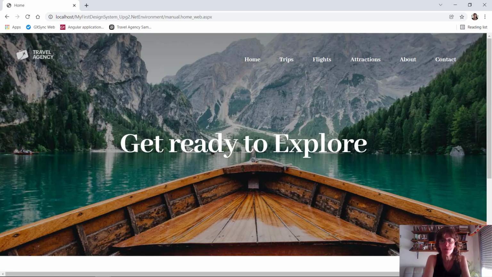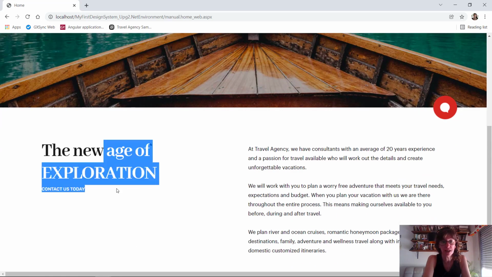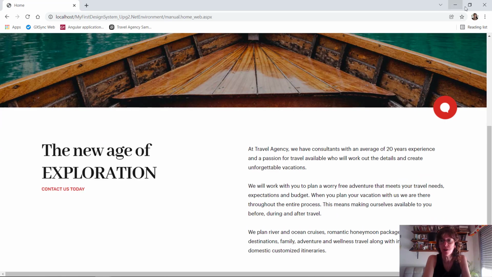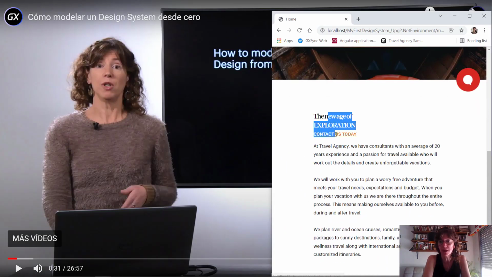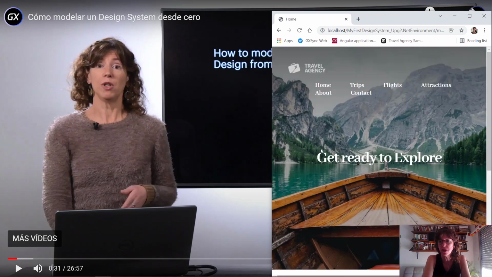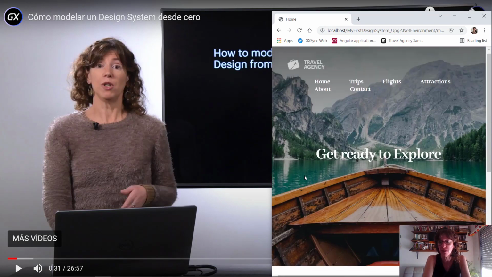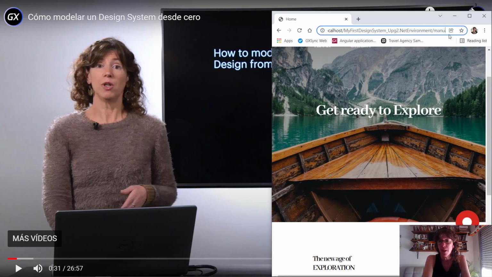And in the same way, we showed the same for this text. And the other thing we had seen was that we could change, for example, the size of these texts here according to the screen size. And thus, for example, we could see this text in a smaller font, and we could do the same for this one up here, the Ready to Explore.